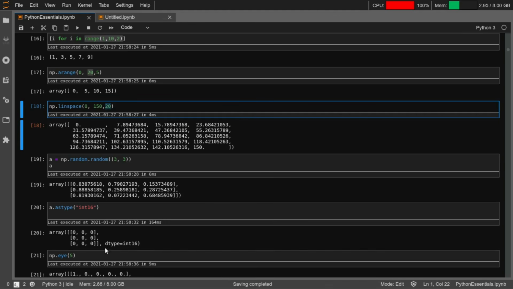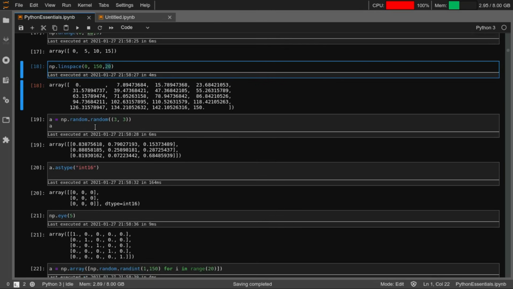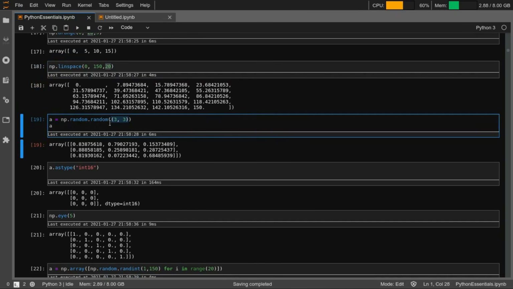Another function is for creating random arrays. So np.random.random, and you are just mentioning the size of the array here. It will return an array of randomly generated numerals. If you look at the documentation of np.random.random, you can also understand based on which distribution these matrices or arrays are constructed.